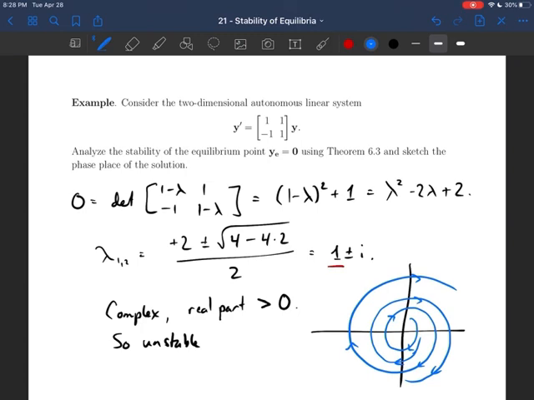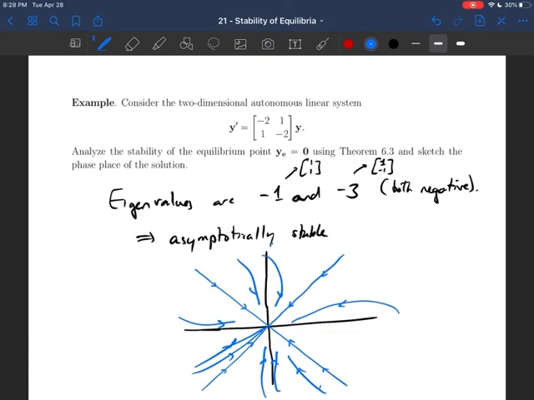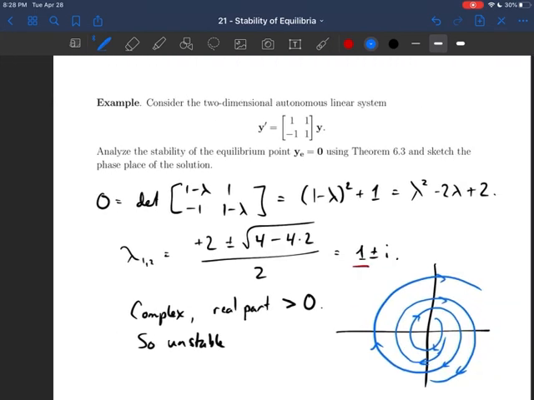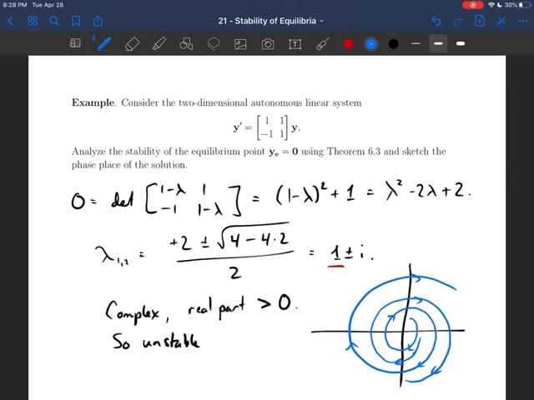So what we'd expect here is we would have solutions that rotate, but they rotate in an outward direction. Right? So solutions will spiral out. This kind of rotational action is always associated with complex eigenvalues, and either going in or out is associated with real eigenvalues of the same sign. And we'll deal with real eigenvalues of opposite